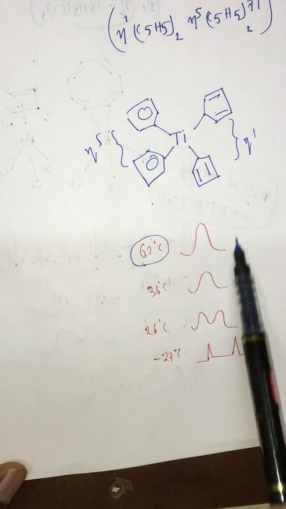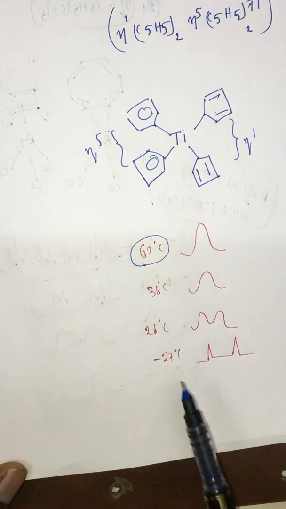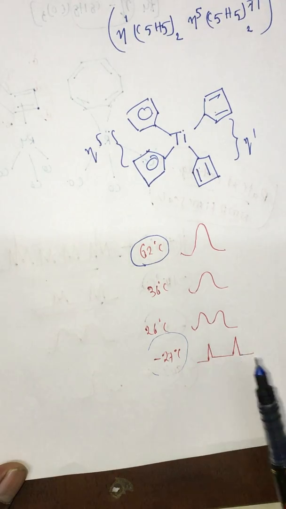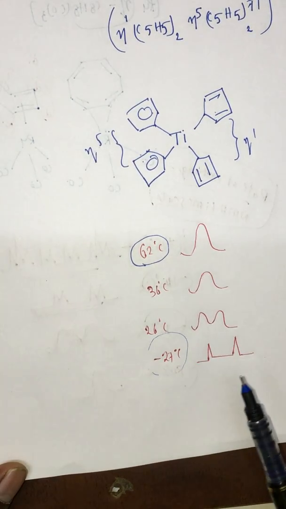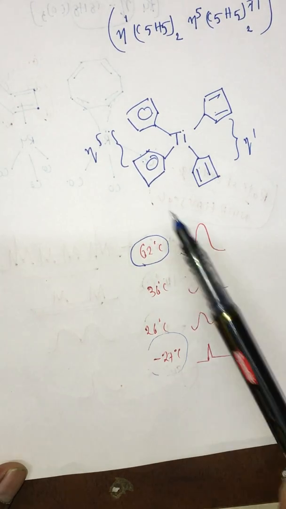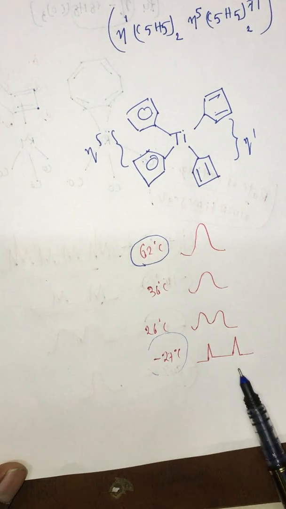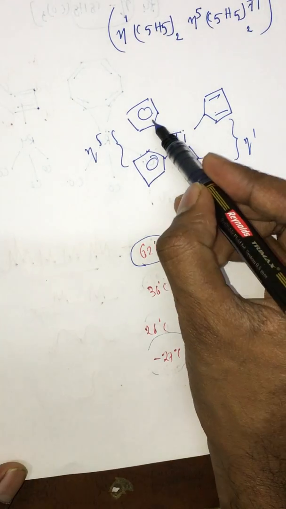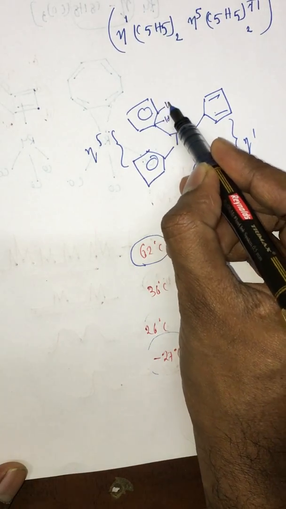So because of that reason, we got a broad singlet at 62. Whereas at minus 27 degrees centigrade, we got a sharp signal, because the rate of exchange for N5 and N1 here is very slow. So because of that reason, we got a sharp signal. And further, we cannot expect that three different sets here,